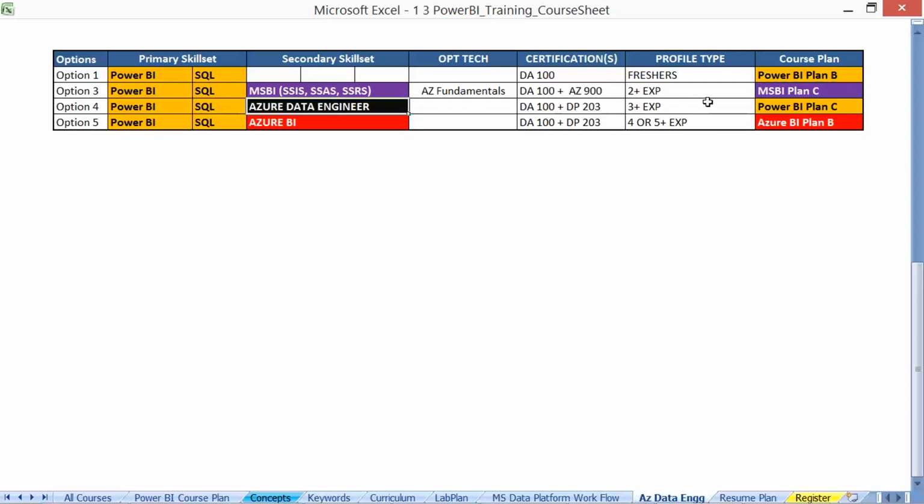For data engineer, if you are looking for something in big data analytics, with 2 to 3 years of experience, then Power BI plan C is the preferred option. If you are looking for a more complete Azure environment with end-to-end integrations, then you have Azure BI. Either live online or video, it is the same curriculum.